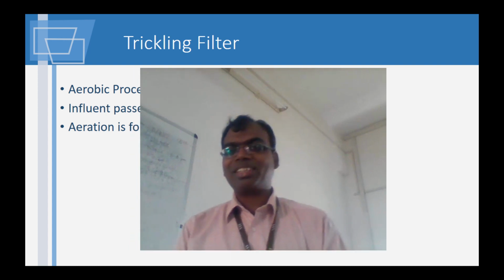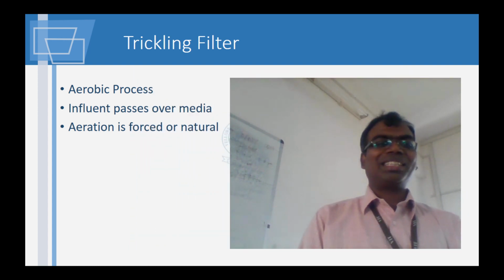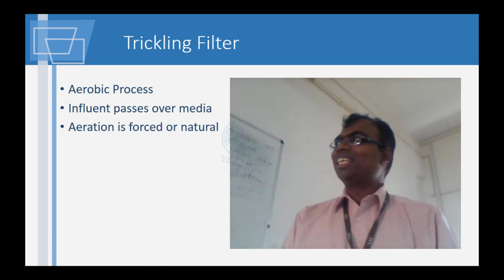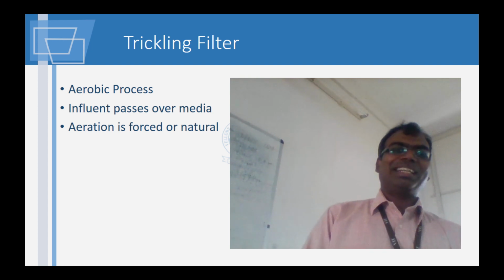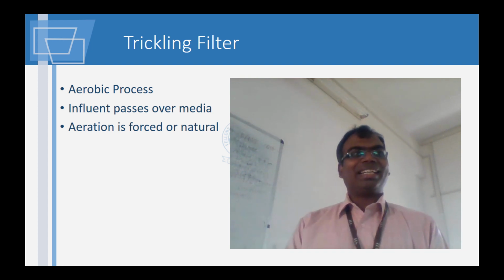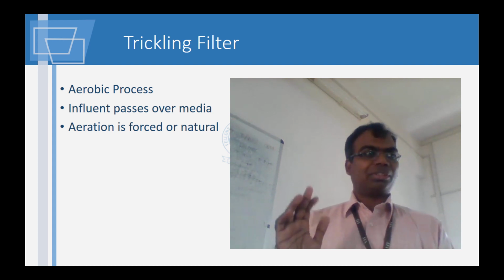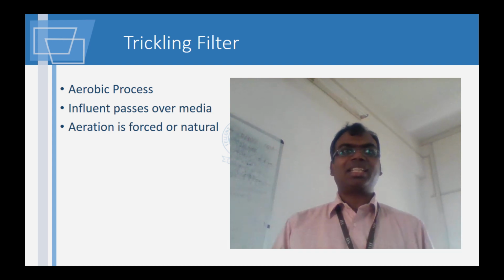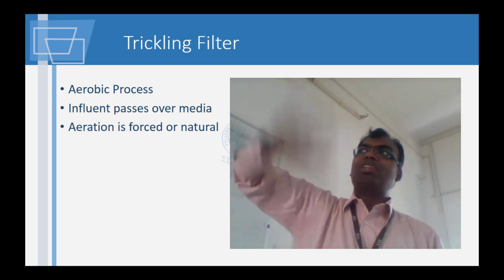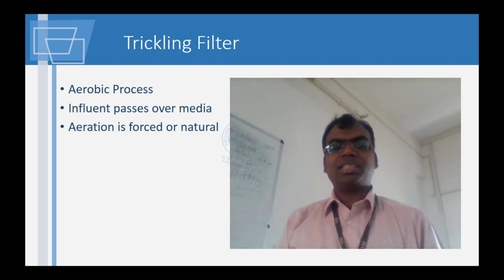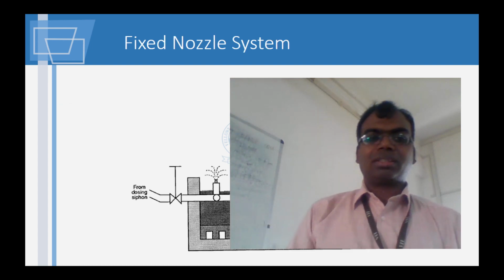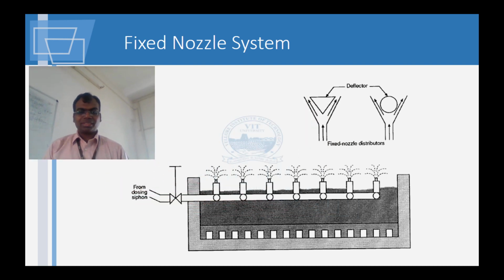And this is the trickling filter about which I was so excited. Okay, so it is also an aerobic process. Influent passes over media. Aeration is forced or natural. Okay, that is, it can be just natural aeration or it has to be in contact with air. That's all. Finished. Okay, so here is a fixed nozzle system, where the nozzles are just there. You just spray it and water will